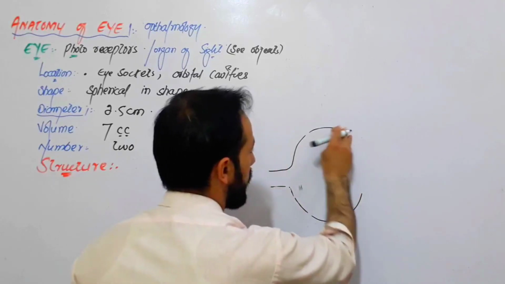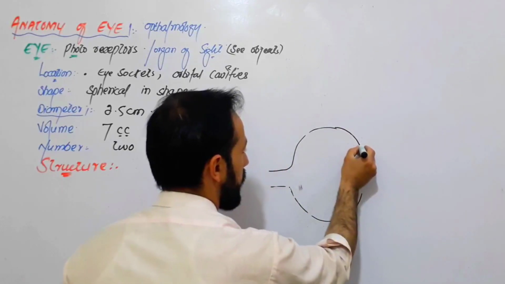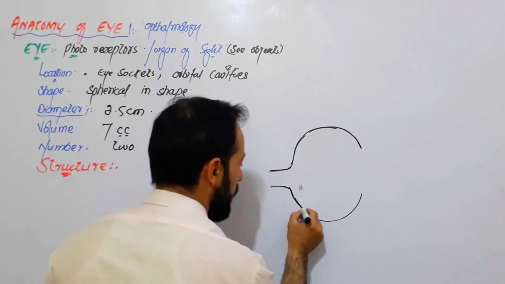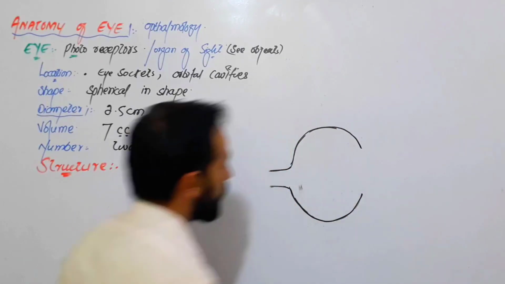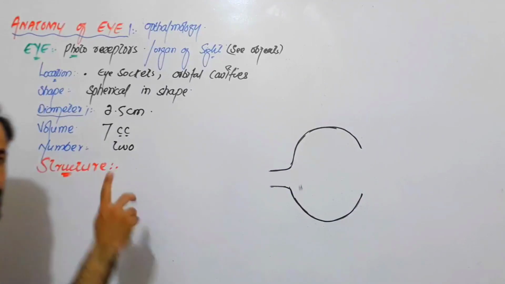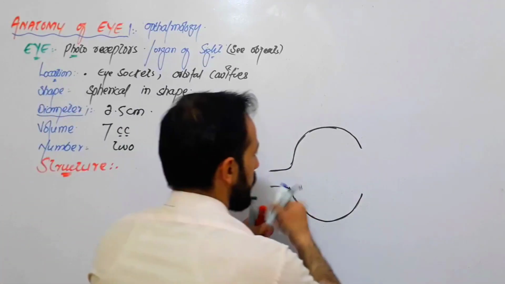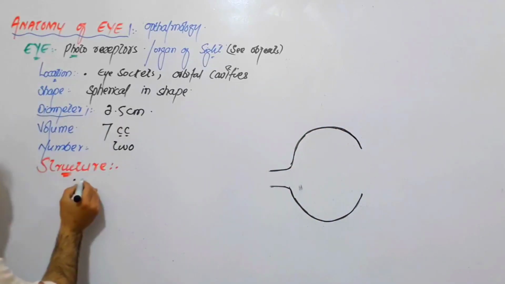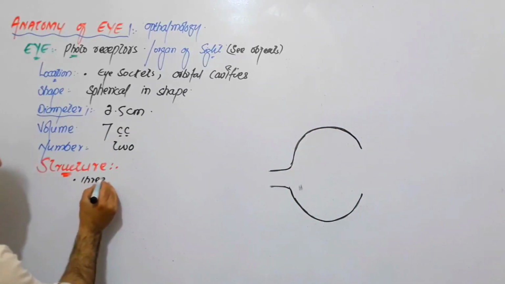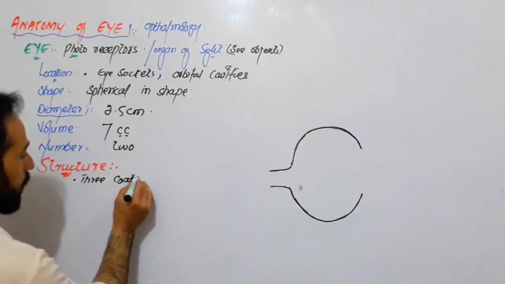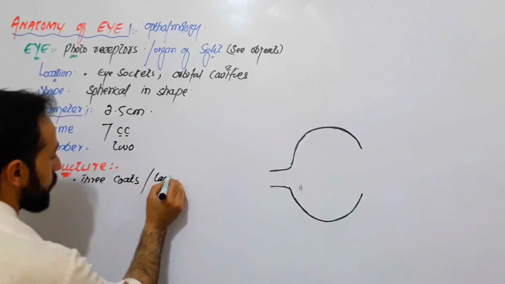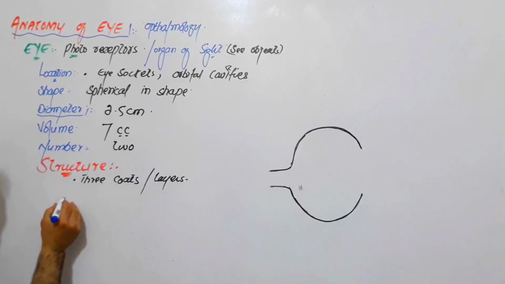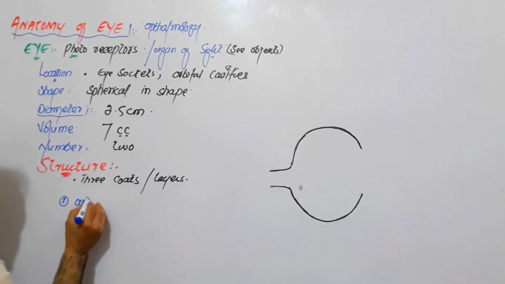This is a very simplified diagram. I'm going to tell you that the eye is composed of 3 layers or 3 coats. Look, this is the outer coat, right? So let me write here, the eye is composed of 3 coats, or we also say that the eye is composed of 3 layers, right? The first one, number 1, the outer coat